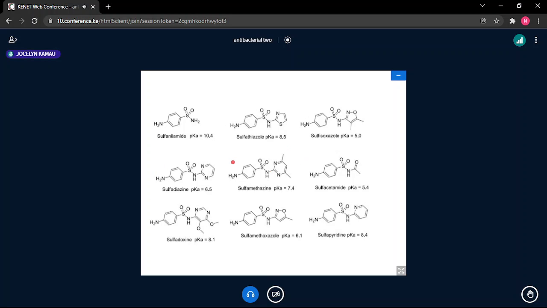So I think we come here. This is sulfanilamide. This is the one we started with, sulfanilamide, and it has 10.4. And of course, that's an NH2. Then we have sulfathiazole, which has 8.5. So you can see, because of introduction of the thiazole ring, there is a decrease in the pKa as expected. Then you have sulfisoxazole, where the nitrogen is the one which is attached, and you can see sulfisoxazole has,